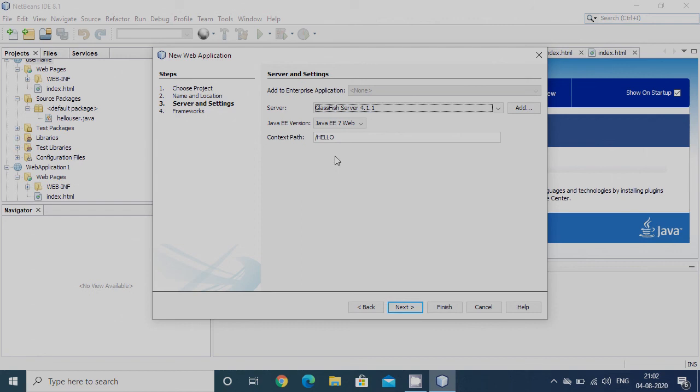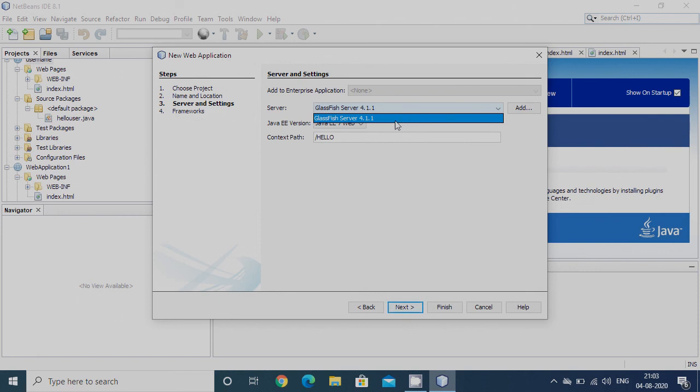We have to give the server settings here. When I installed this NetBeans IDE on my machine, I selected only the Glassfish server for this IDE environment, so it is showing only one Glassfish server. If I had both servers, Tomcat, Apache Tomcat, it would be listing here.